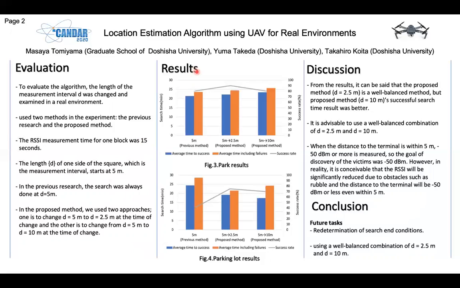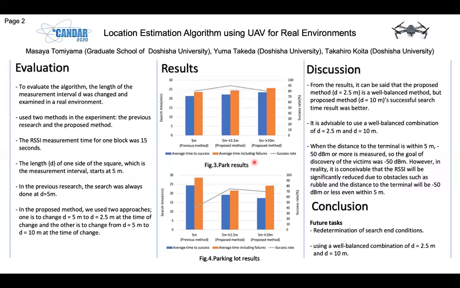Next, I will explain results. Figure 3 shows the result for the park. Figure 4 shows the parking lot result. It shows the total search times and success rate for the previous method and proposed method. Comparing the respective search times, the proposed method takes less time than the previous method. Comparing the two proposed methods,